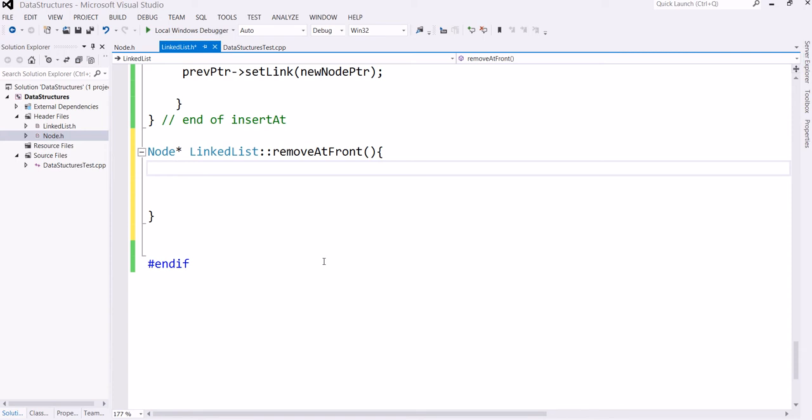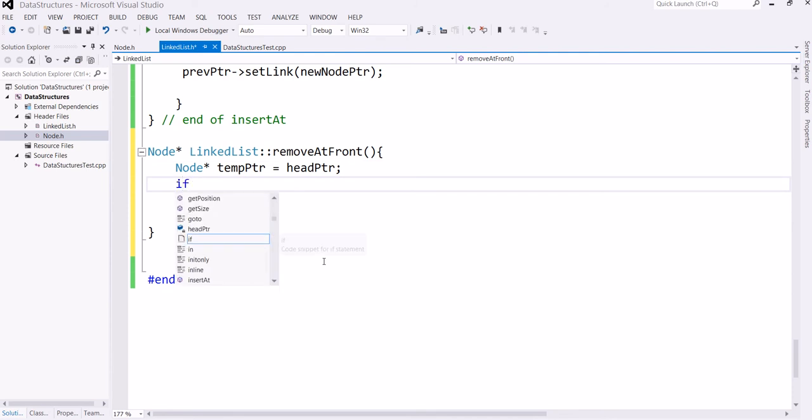So let's have a node, temp PTR equal to head PTR. So we have created one node that is pointing to the first node of the list, and then